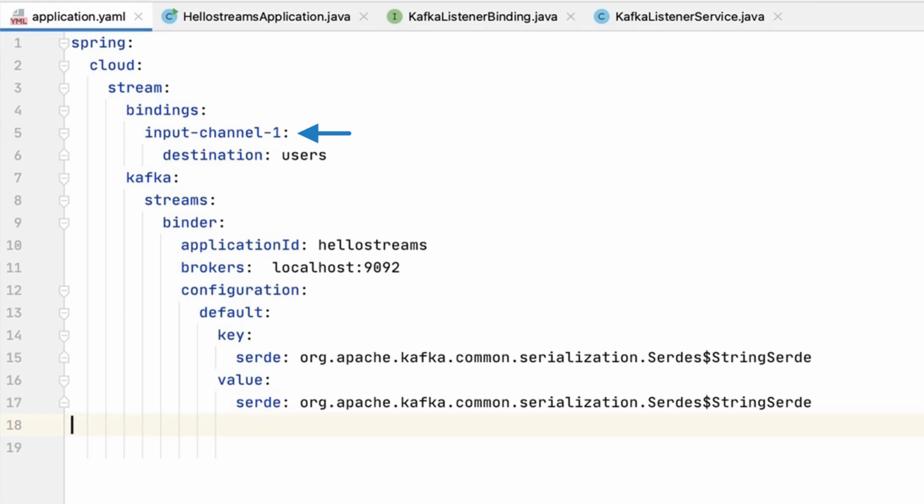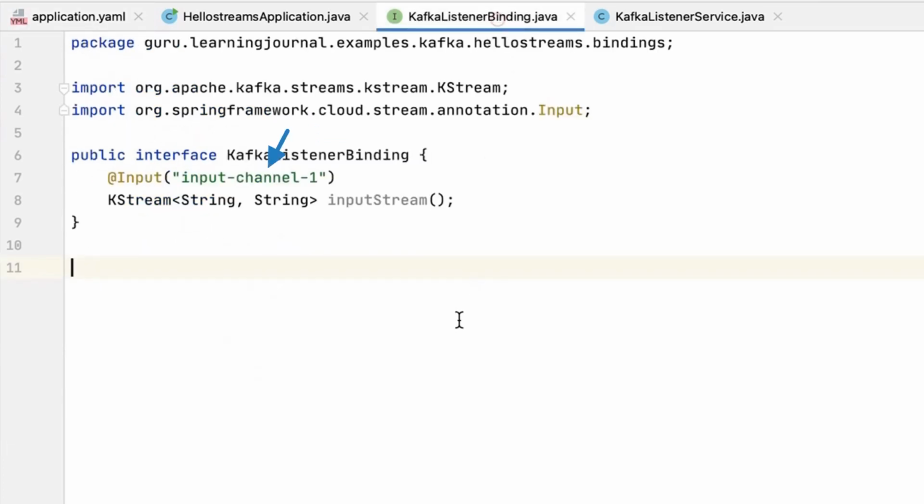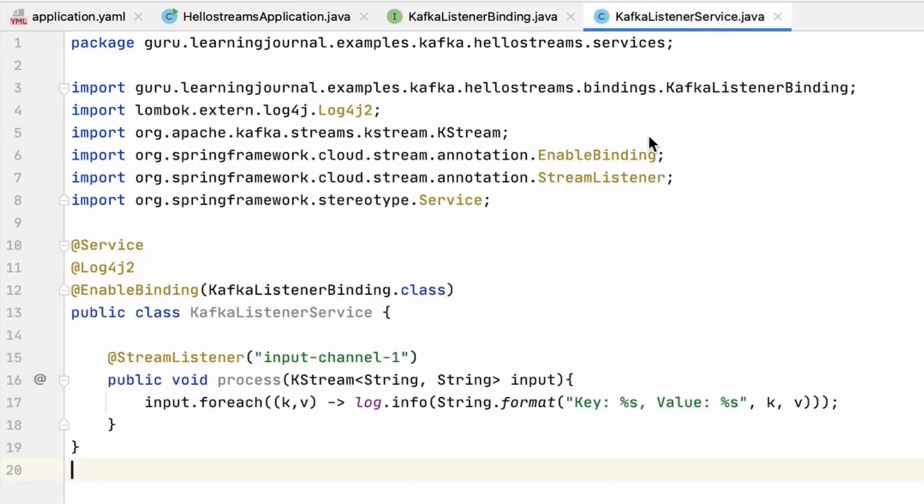This input channel must be picked up by the Spring Cloud framework and bound to the users Kafka topic. So we defined a binding interface and linked the input channel using the @Input annotation. We are all set. However, we defined the configurations and linked it with an interface. We are still not triggering the Spring Cloud framework, and that's why I defined a listener service.